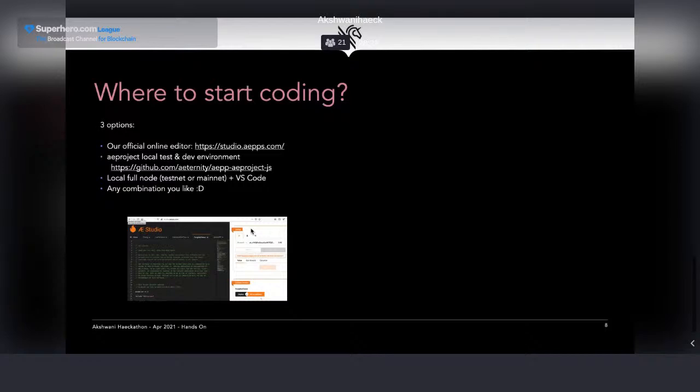And at the end, I will push it and deploy it to the testnet. I will do my test there, and finally I will push it to the mainnet, and then that's the real thing. But it will depend on how you want to do it and what's the scenario of your projects and the needs you have.